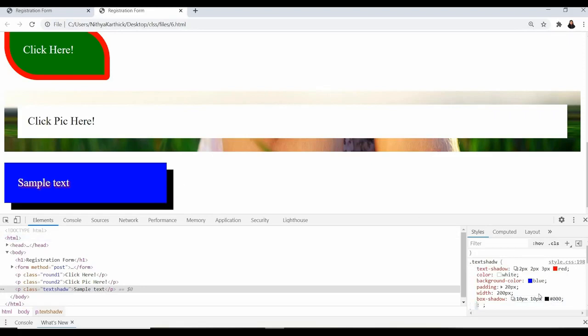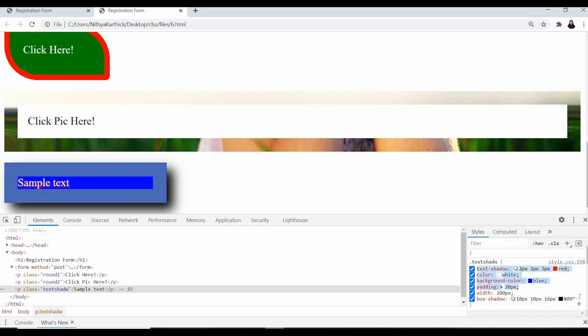Yes, you can notice this. And also we have a third parameter for spread. You can increase this value like this. So the background is spread, right? So I hope you understand this box shadow and text shadow, right?